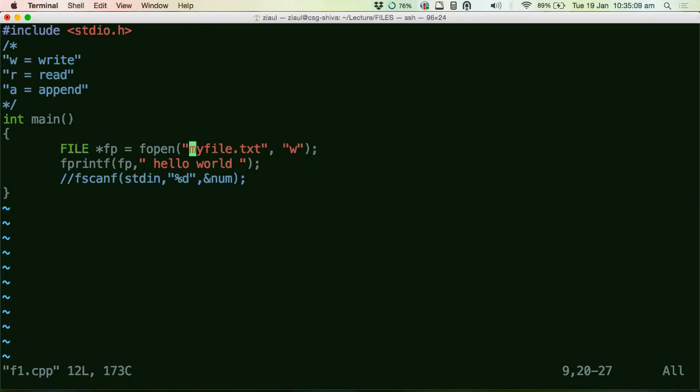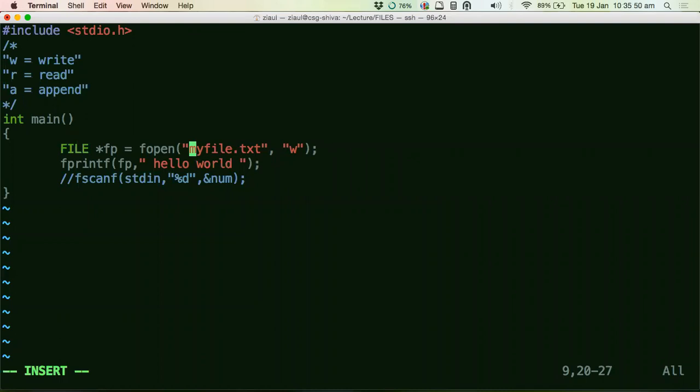But if I want to give it a very specific directory, I have to put the directory path here. For example, I put something like this: home, my name, and then myfile.txt. Then this will go to the directory home, my name, and then myfile.txt. It will not belong in the same directory in which you're running the program. So you can actually give a full path here and that file will be created there. But for our example, we are just using the same directory.